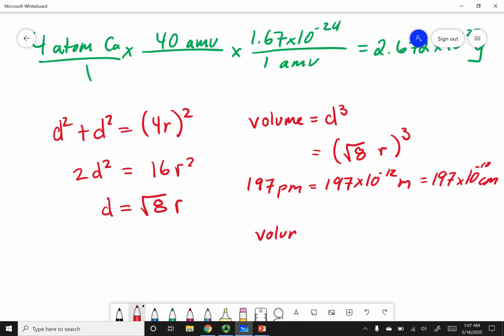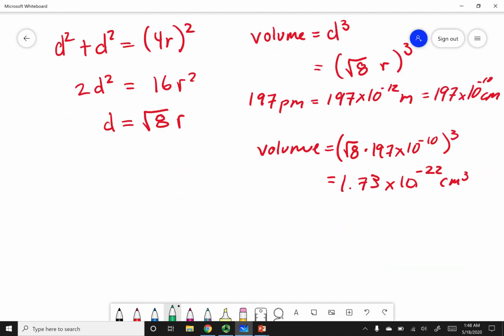So that means my volume is going to equal root 8 times 197 times 10 to the negative 10th raised to the 3rd power. And that means my volume is 1.73 times 10 to the negative 22nd